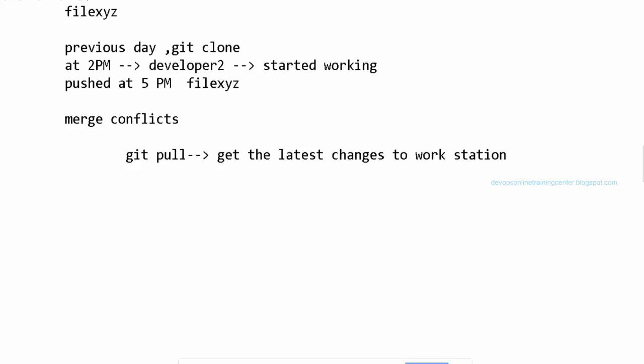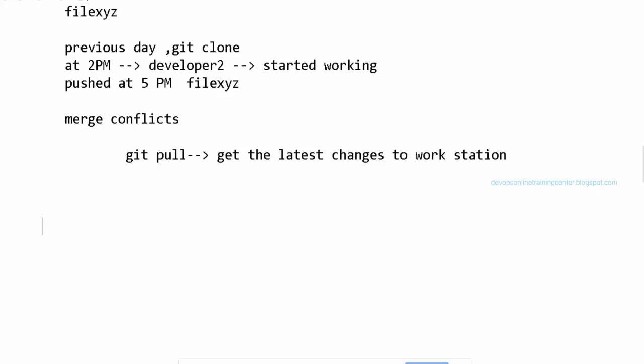Yes, so definitely there will be merge conflicts again. While merging, it will open a VI editor. The VI editor will show this is my change, this is his change, something like a diff command. Then it will ask you to delete whatever you want, whether you want his change or your change. So one of them we can delete and save, and that will automatically merge.